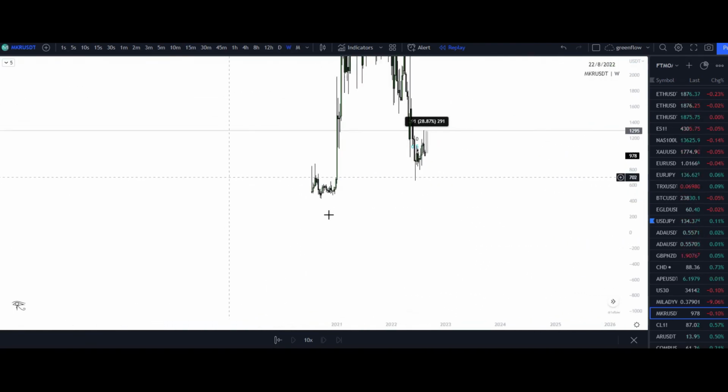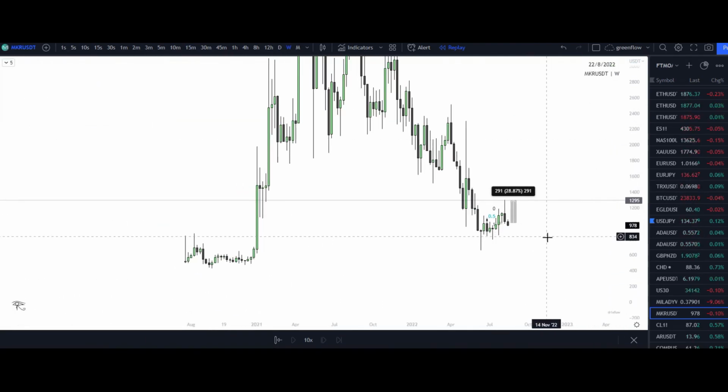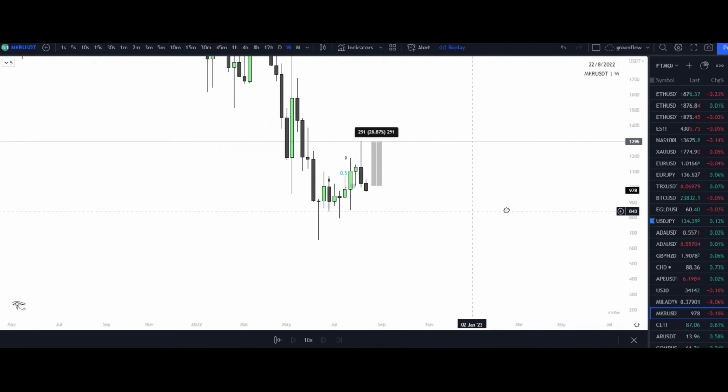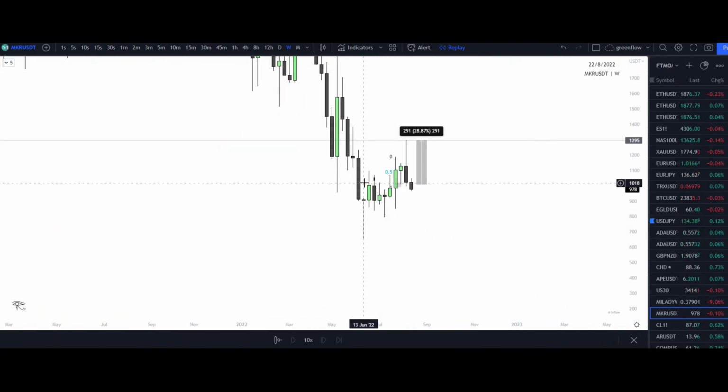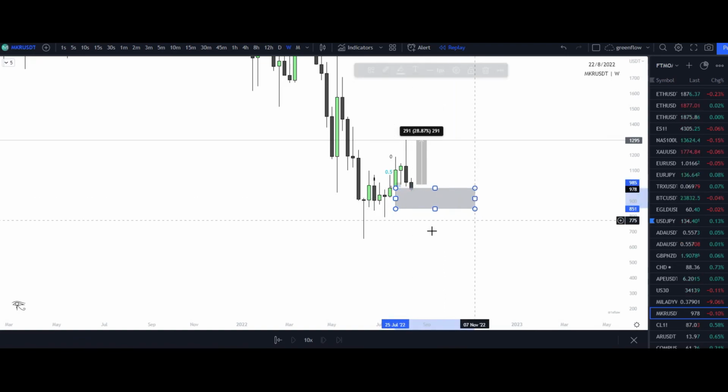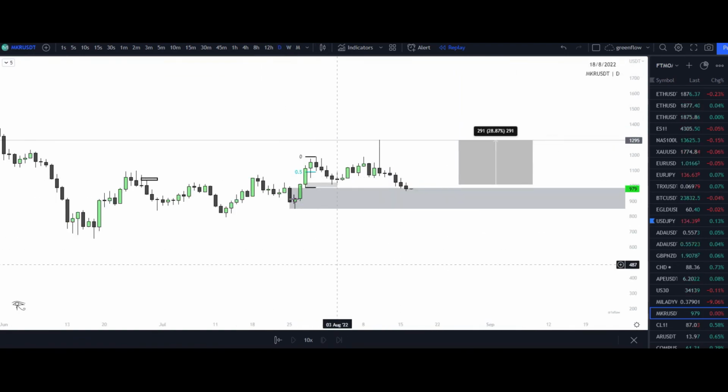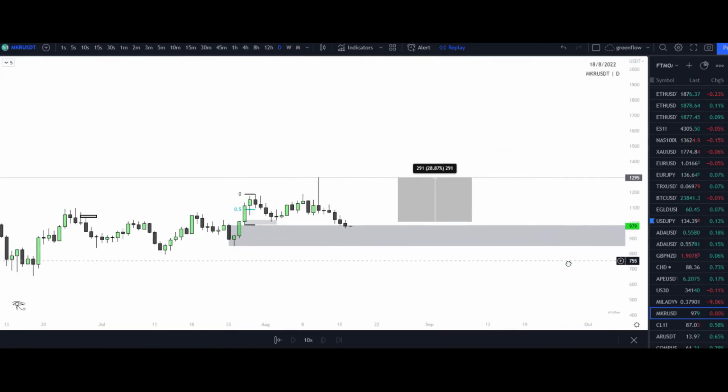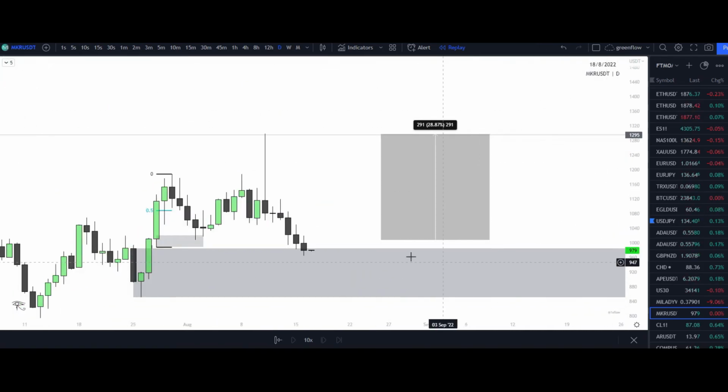So if we look at our higher time frames to find a possible spot to try to take a trade, we saw the liquidity raid to the downside, break of structure within this area. So I have this area that price traded back into, and then my next area of demand lies within this fractal wick right here. Let's go to the daily, look at these areas right here, and understand where price could possibly go next.